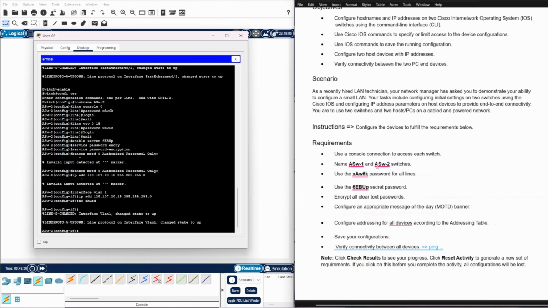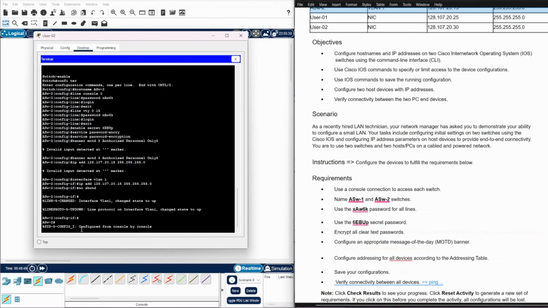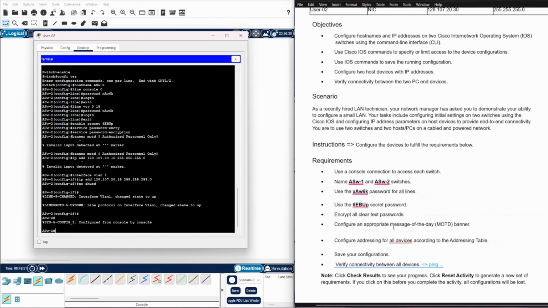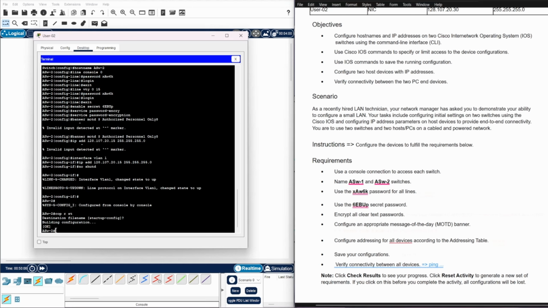Then let's exit the interface. We're still in the interface, so exit by using Ctrl C or Ctrl Z. And the last thing in this terminal is saving your configuration. We do that by using copy running-config startup-config. Just click on enter and it's saved in this file. Okay. He said all devices, so we did